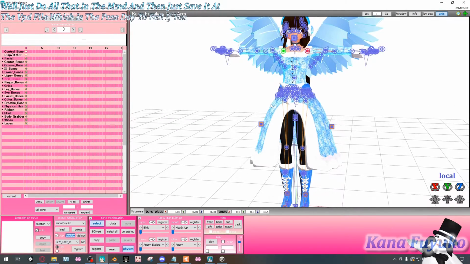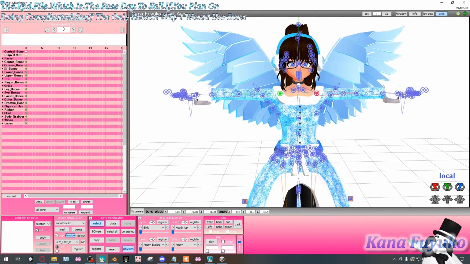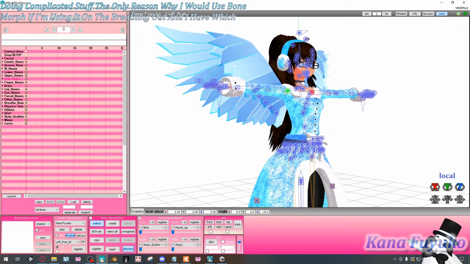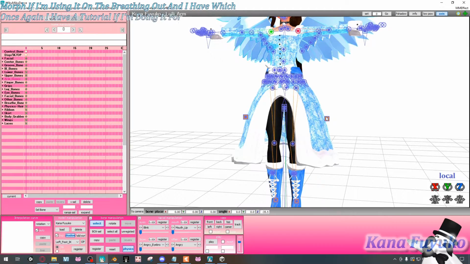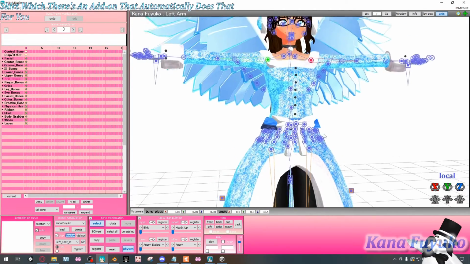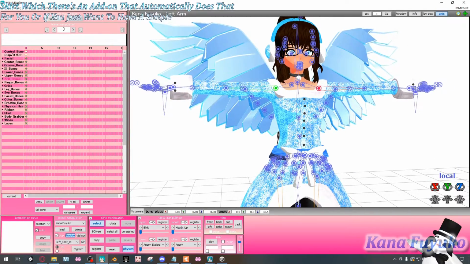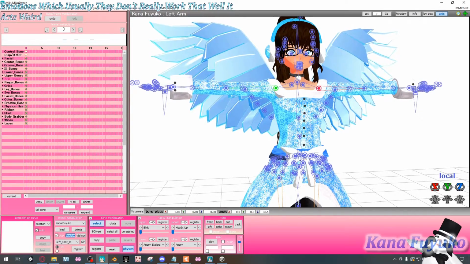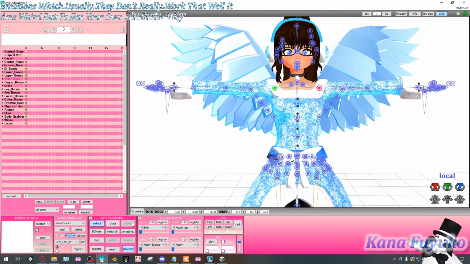If you plan on doing complicated stuff, the only reason why I would use bone morphs is if I'm using it on the breathing add-on I have, which once again I have a tutorial on how to add. Or if I'm doing it for the skirt IKs, which there's an add-on that automatically does that for you. Or if you just want to have a simple A pose or T pose for certain motions, which usually don't really work that well. It acts weird, but to each their own. But either way,